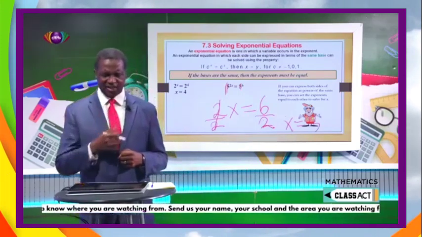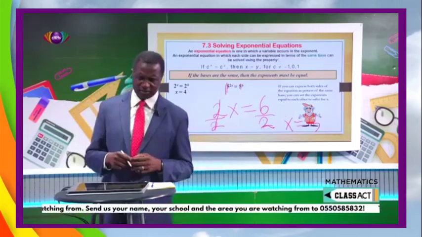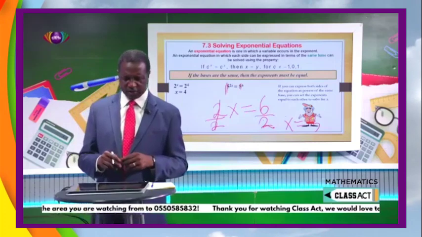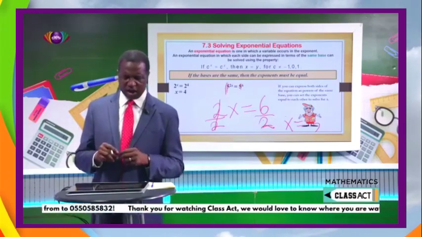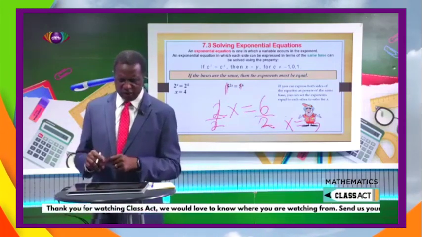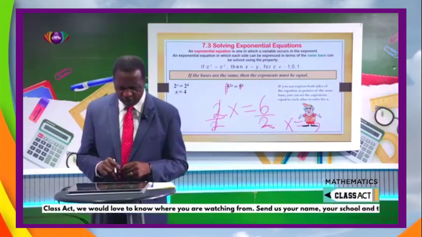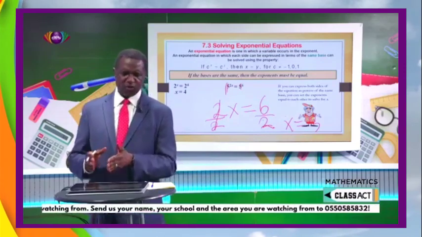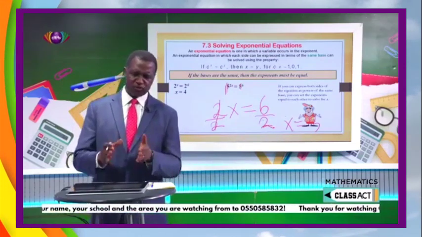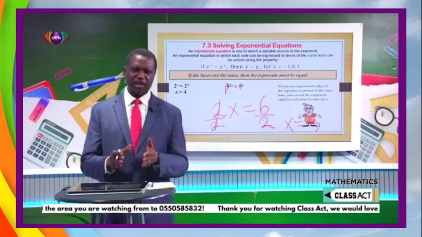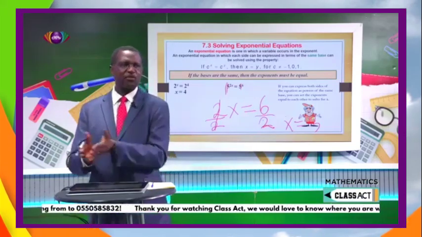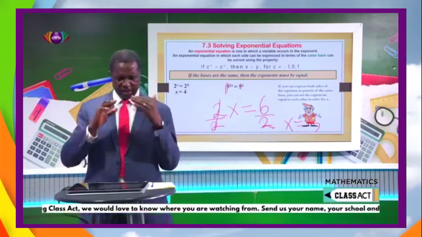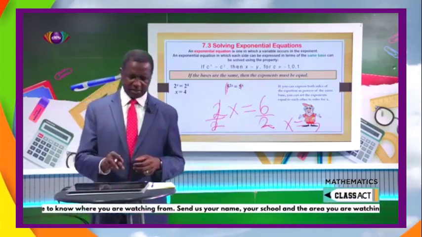And some of you are saying, is that exponential equations? Is that simple? Okay, let me go back to the question, which was 5 to the power of 2x equals 5 to the power of 6. 2 we know is constant. x we know is 3. 2x means 2 times 3. And what is 2 times 3? 6. And that is why the right-hand side is also 5 to the power of 6. We are getting in there.